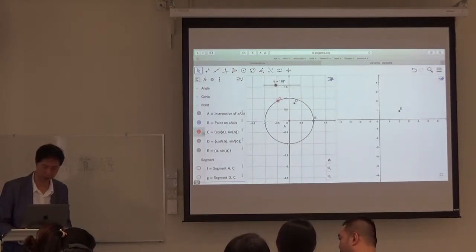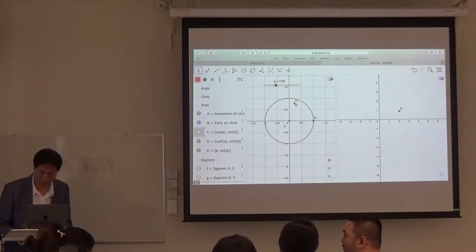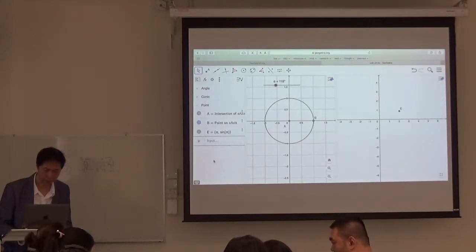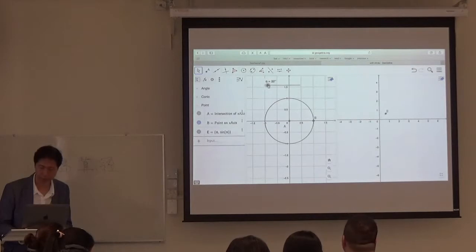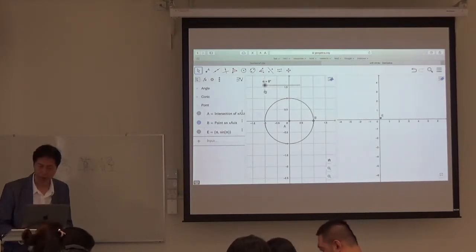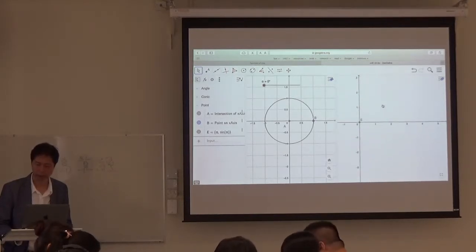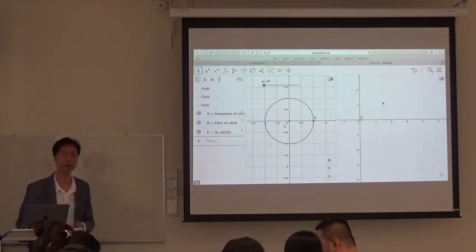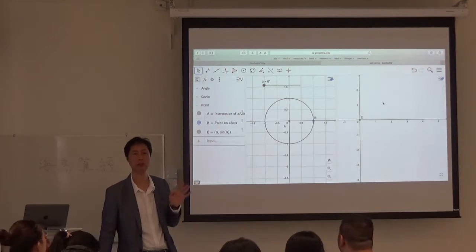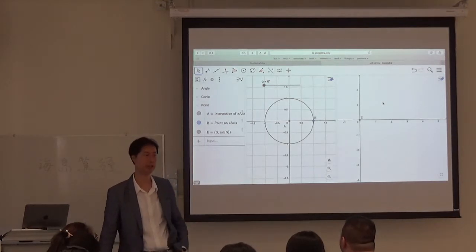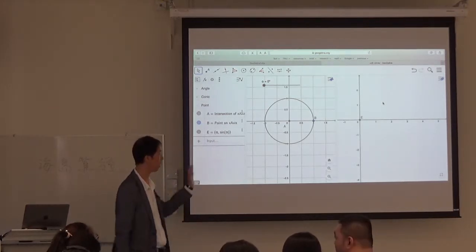So I can hide this one first. Where's the point? Oh, okay, this one is not so high. Or maybe I just delete it. All right, can you see this? Now, I would like to do so because in this way, I can emphasize that the sine function is actually another graph, to describe basically how the sine alpha changes with alpha. You understand? Right? So in fact, I would like to highlight this,